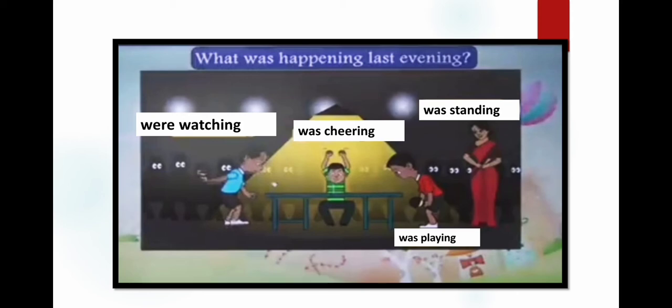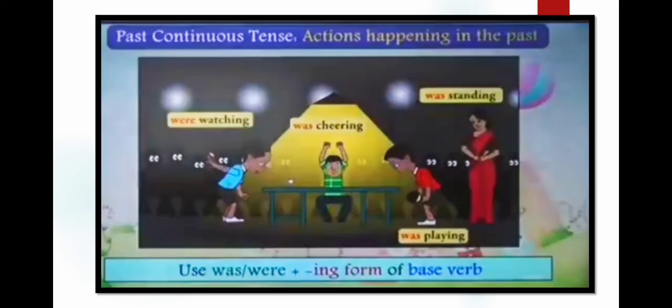Now, all these verbs which show us the action that was happening last evening are in the past continuous tense. As we all know that were watching, was cheering, was standing, was playing are all verbs in the past continuous tense because they are showing actions that were in progress in the past. So all the verbs which are in the past continuous tense